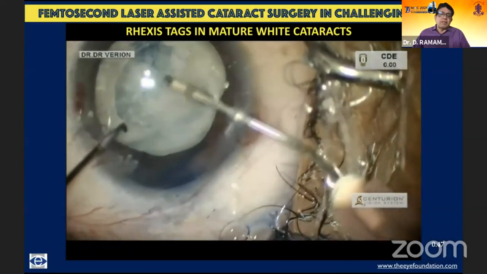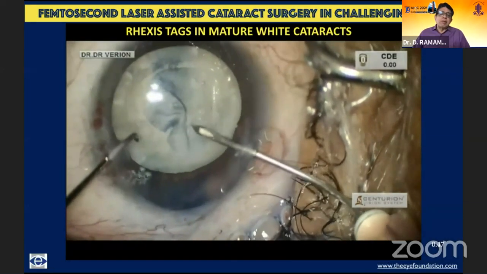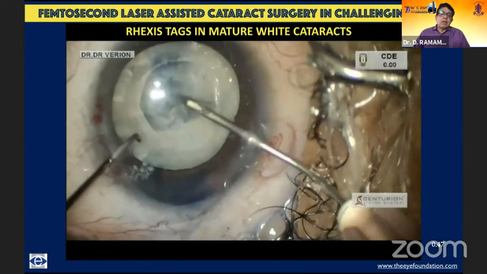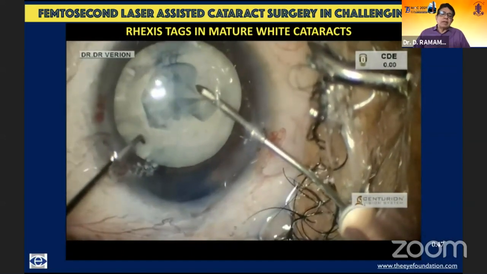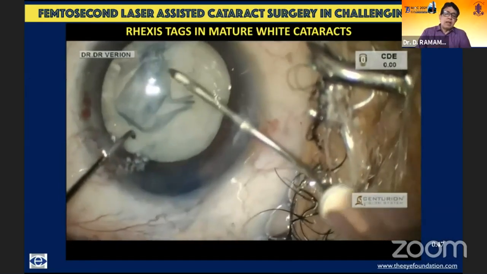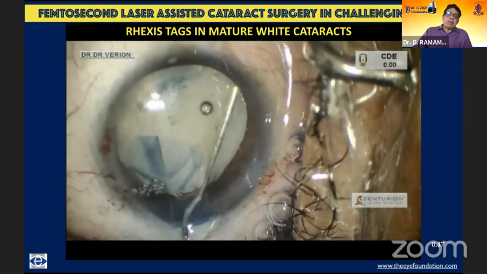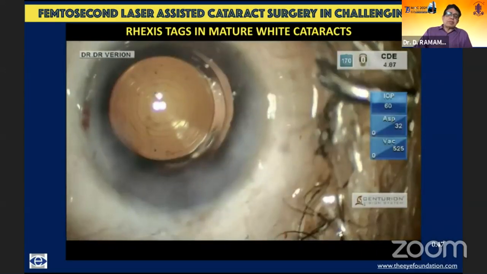So you have to be cognizant of the fact that, especially if there is some amount of capsular fibrosis, the capsule may be adherent. In these cases, if you go in with a down-up technique and just try to lift up the rexis, you might end up with a rexis runoff to the periphery and even wrapping around to the equator. So in these cases, the laser has created a template for you, and subsequently in the conventional way, going in with a 26 gauge needle, you are able to separate out the rexis. Then the hydrodissection and the rest of the cataract surgery follows. In these absolutely white cataracts, I do not do any nucleus emulsification at all because it doesn't work.